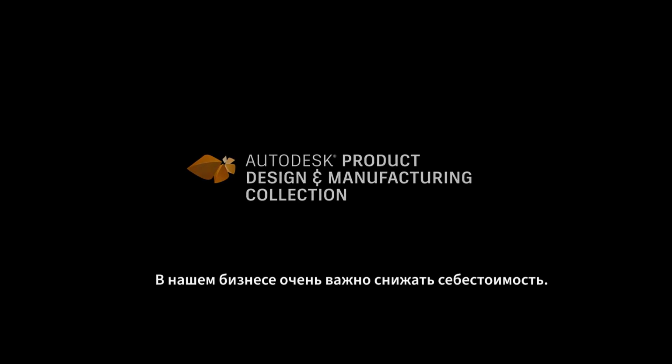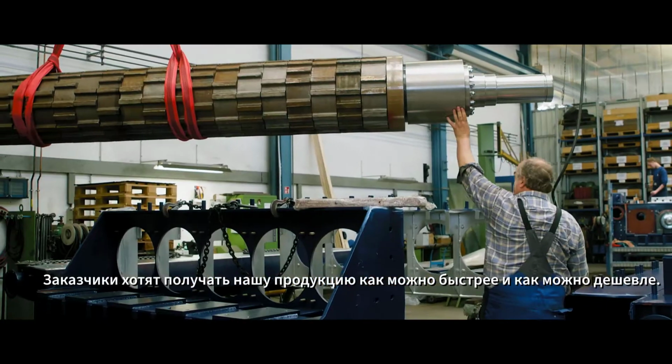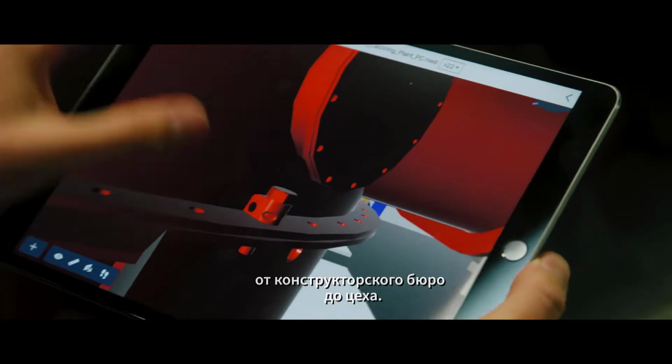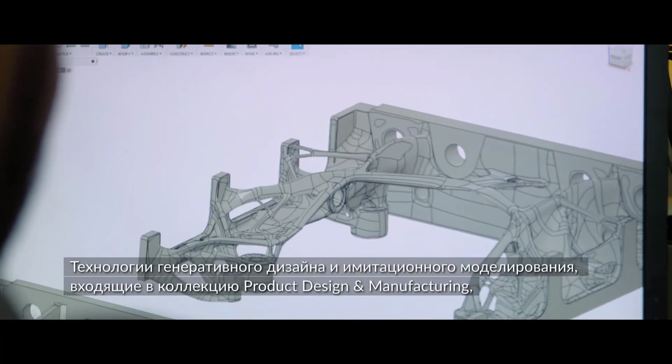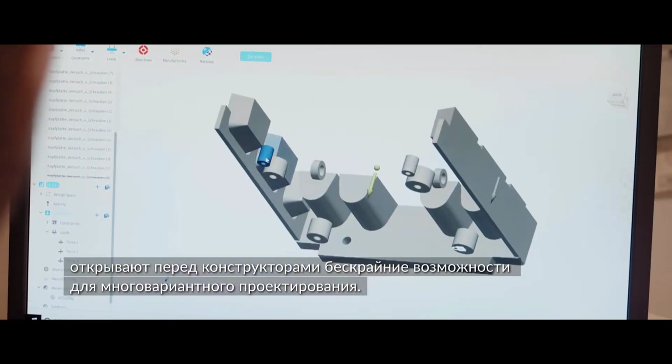Our business is very cost-driven, so the customer is expecting us to deliver faster, to deliver cheaper. We have to change how we do things, how we engineer, how we make projects and products. With generative design technology and advanced simulation, the collection helps engineers explore more possibilities to discover an even better version